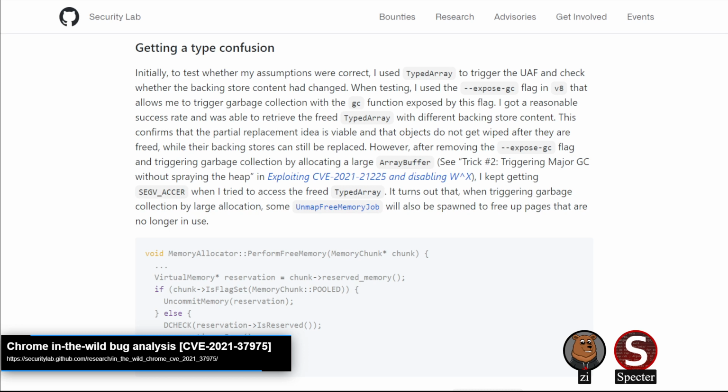What this bug essentially provides, if you are able to exploit it as a primitive, is a very strong primitive. It basically allows you to do a targeted use after free of any object in JavaScript that you want, because you can just store an object reference in a weak map, trigger garbage collection, and then pluck that reference back out. From there, you can go the more known route of UAFing the backing store of an array buffer and causing a type confusion there, or you can use a trick of abusing how large JS arrays work,